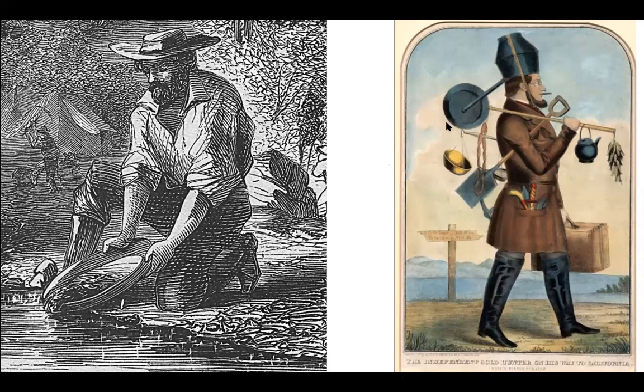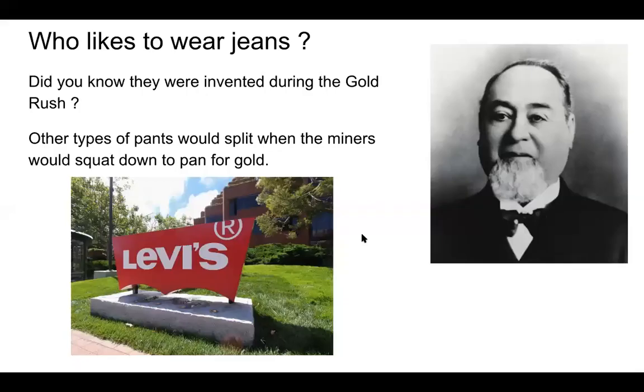This is a picture of the kinds of supplies that they would be bringing with them. So you can see he's all decked out. He's got some good quality boots there, it looks like. He's got his gold pan here. He's got some cooking pans stacked on his head. He's got a shovel. He's got a scale if he ends up finding some gold, a teapot, and some food. Because the idea is you want to stake your claim and then not leave because you don't want anyone to take your area. So he's ready to go.